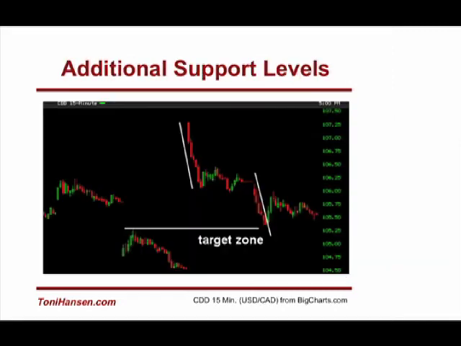So we are going back and looking at that previous example of the CDD. And I mentioned that in addition to trend development, another tool that can help you out when you're looking at whether or not you're going to see a move stall short, falling short of a target level, or able to push through the target level, is to look at where there's additional levels of support or resistance. So things like gap closures, things like previous highs, previous lows, even prior congestion zones where, let's say we have